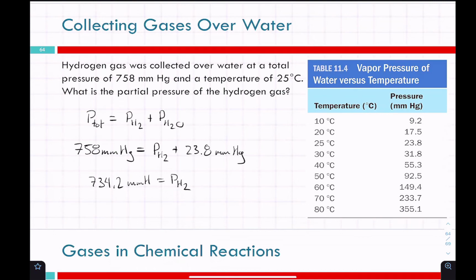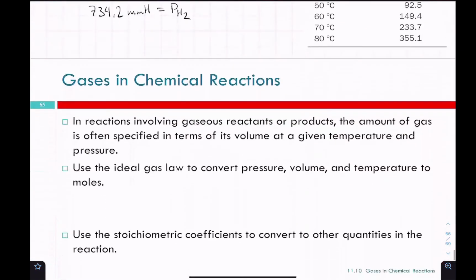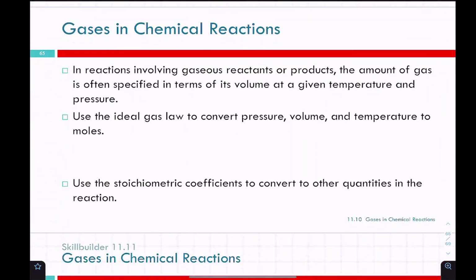And then the last thing here. We can also use gases in stoichiometry. Actually, I should write this up here. We've covered this: grams of A, moles of A, convert to moles of B, convert to grams of B. Well, with PV equals nRT, now if we have the pressure, the volume, and the temperature, we can take that and calculate